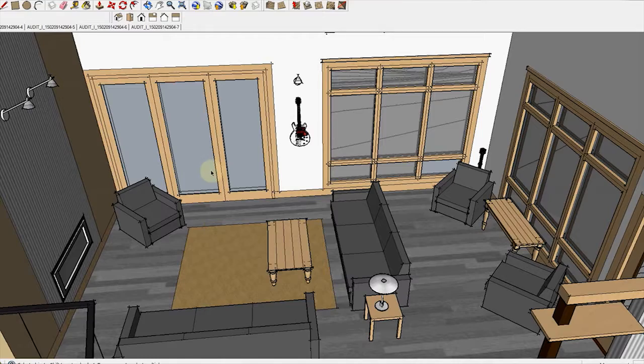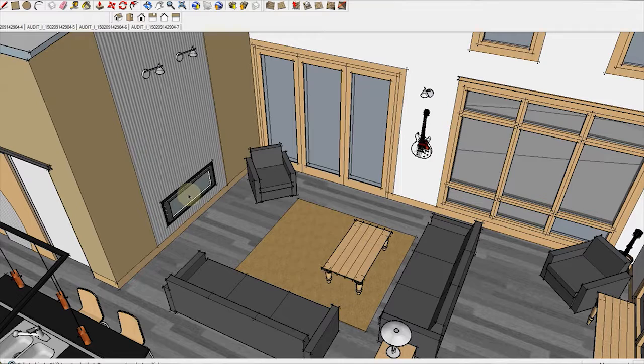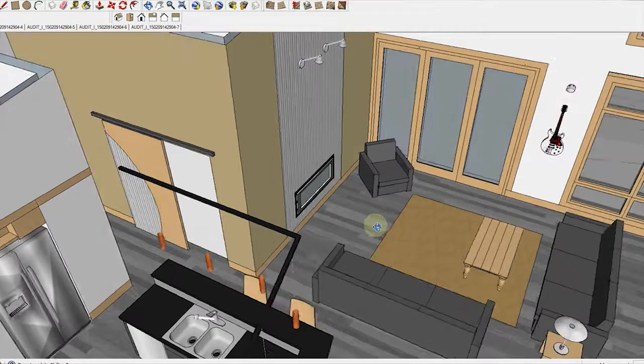The fireplace that they really wanted, this see-through fireplace between the living and dining. So that is the size of the one they had picked out, just so they could see what that might look like. The door into the bedroom, another opportunity, a sliding door. What could that look like? It's part of the public space, so instead of a standard swing door, maybe we could do something kind of cool there. And then the kitchen area,